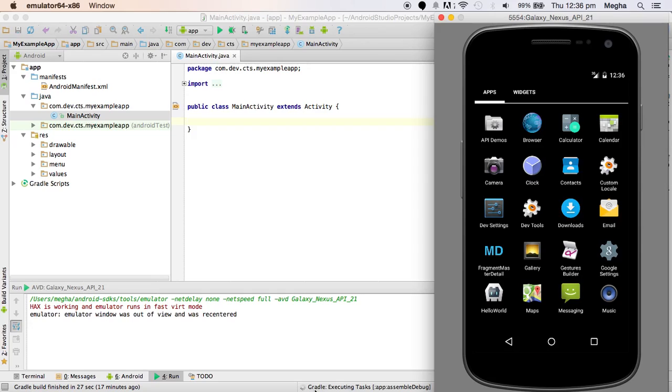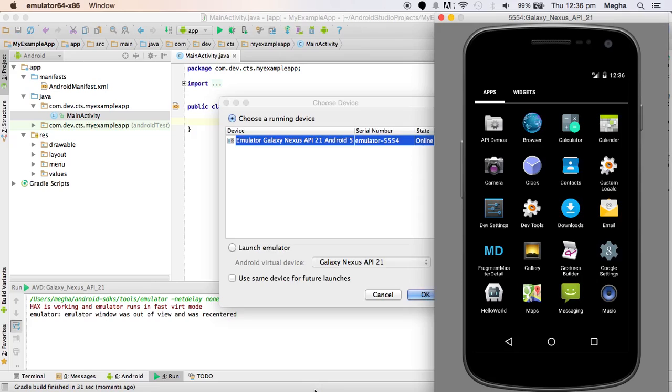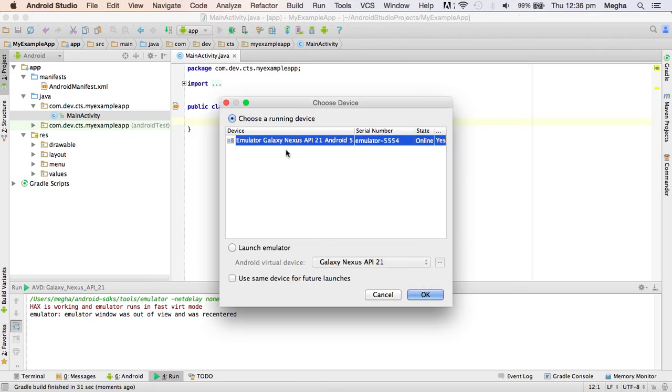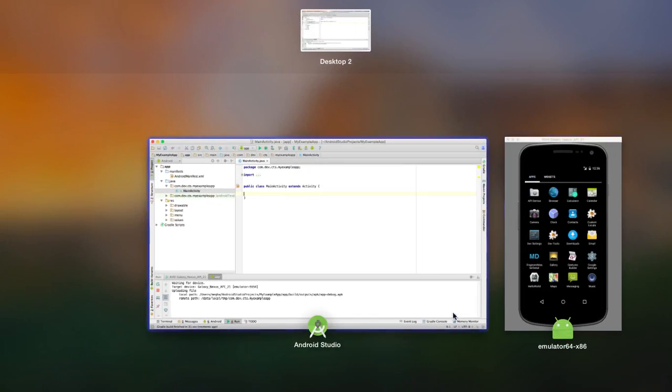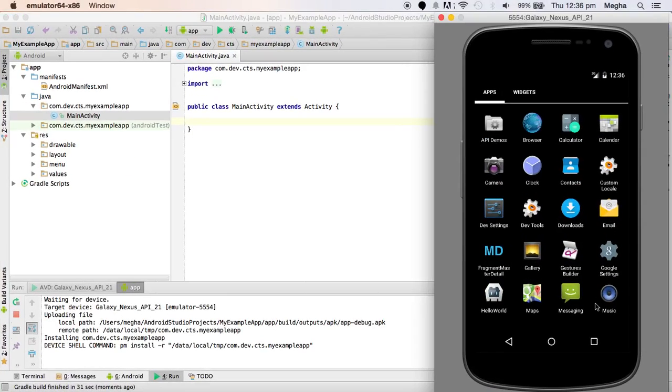So it's trying to install the code, whatever has been written, on the Android phone, or typically in this case the Android emulator. So it is the Gradle build, or probably something it is trying to execute, and finally it is trying to show a notice saying to choose a running device, or shall I install this application to this device, is what the particular dialog box asks you. If you want to create something else, you can go ahead, otherwise you can simply select this one, double tap it, and you should see your code running directly